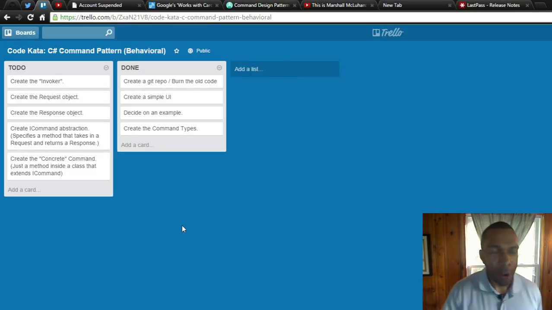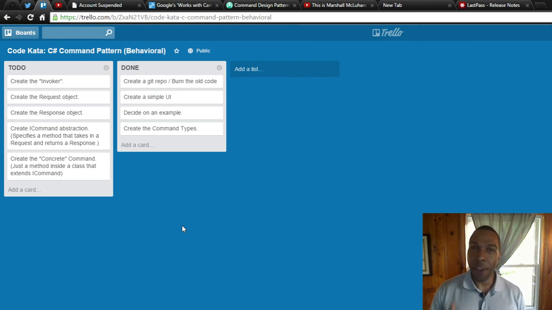Alright, so now I need to create an invoker. This goes by different names. I think that if you're looking at the stuff out there that says command design pattern, you'll see invoker used. And some of the new stuff like React.js and the Flux architecture from Facebook, you'll see dispatcher used quite